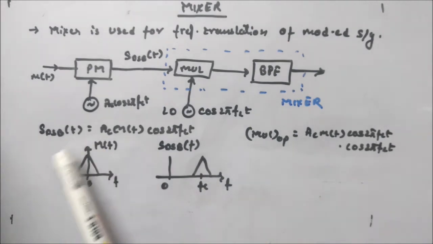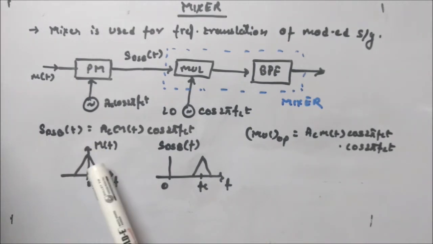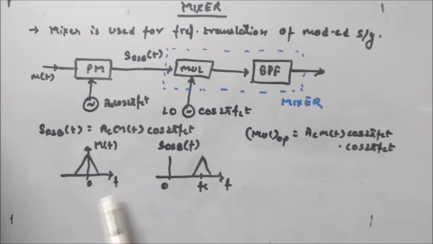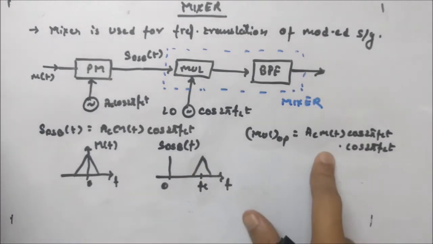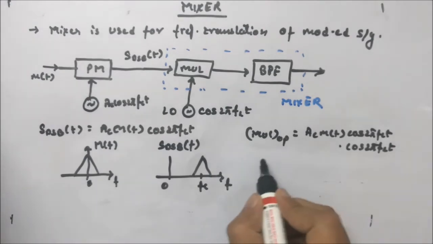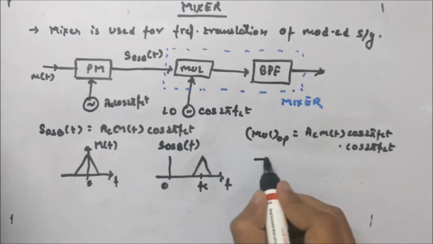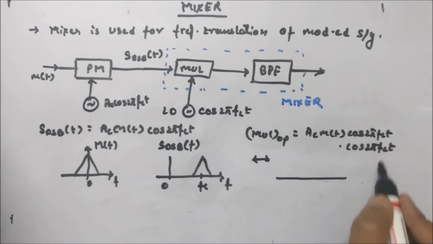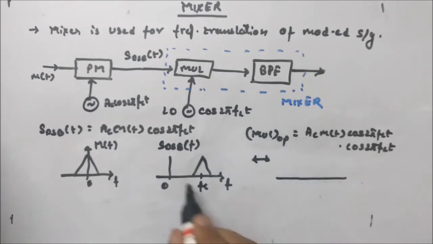And let's say you have a message signal represented in the Fourier domain like this. So the DSB signal will look like this. It will shift to plus fc and minus fc. I am only showing the positive frequency. This will be the multiplier output. Now how will the signal look? If you see this signal, it is basically cos A cos B. So this signal will shift in the frequency domain. We will see next.